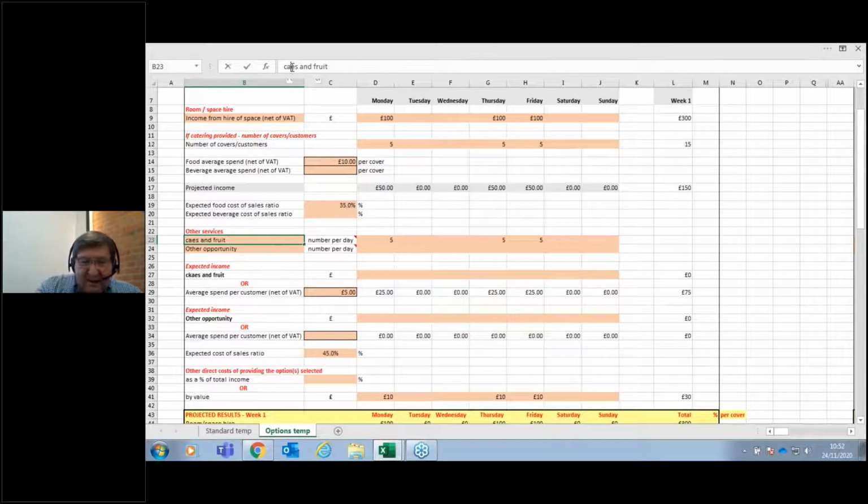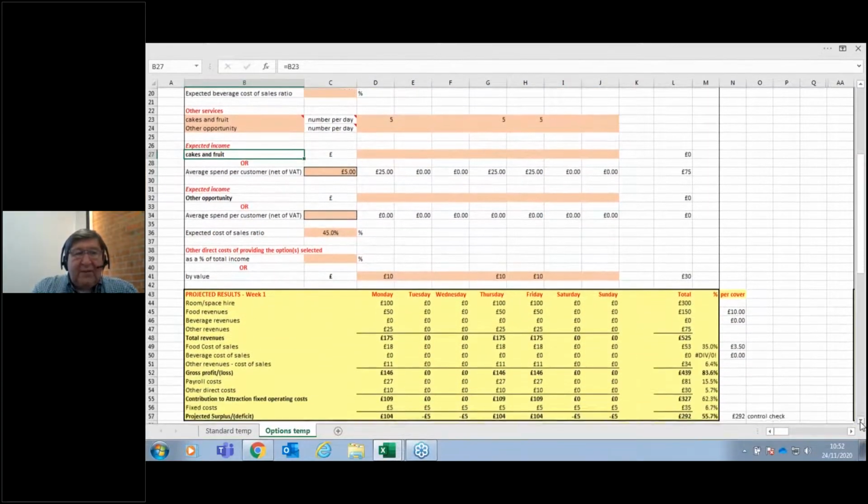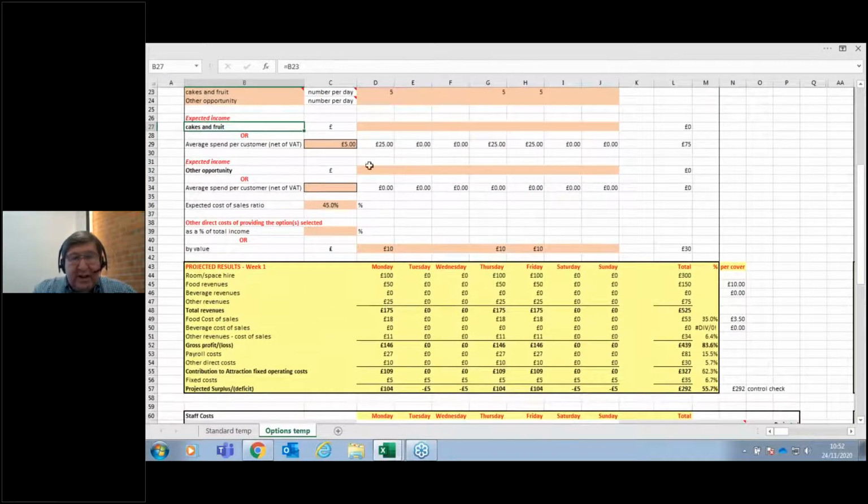It will automatically drag that down, so it will to here. So this is now called cakes and fruit instead of breakfast. I'm still charging them £5. And if I have any other costs associated with operating this particular barn as a little meeting space,